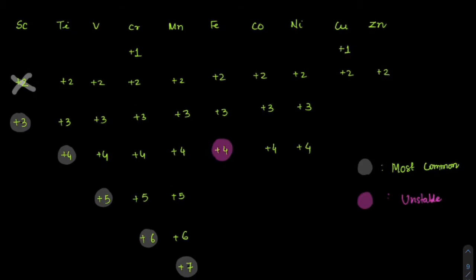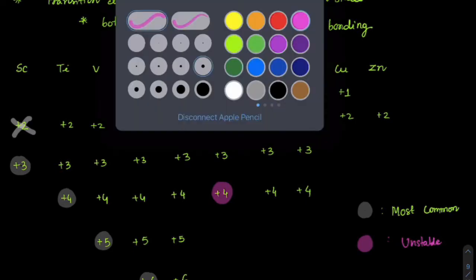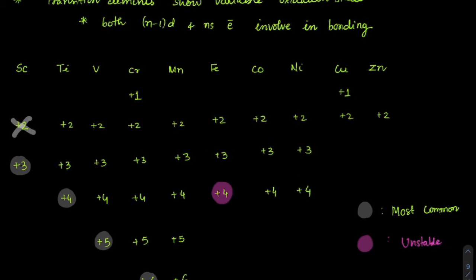Now you can see copper and chromium do show an oxidation state which is different. You can see that it is showing +1 oxidation state and it is showing +1 oxidation state here. It is because of their configuration. Here also it will have a 4s1 electron, here also it has a 4s1 electron. So they will definitely lose that electron to show that +1 oxidation state. I guess that is clear.